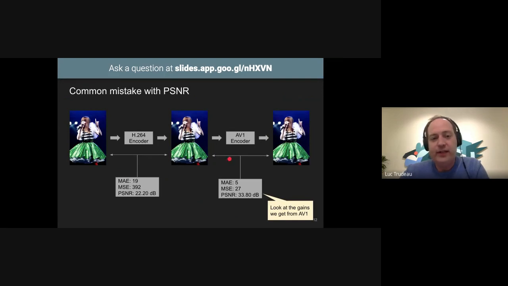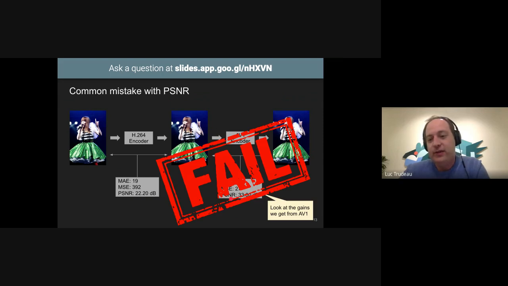And now we have our encoding pipeline, and we decide to add in AV1 because AV1 is so cool and so awesome. And we decide to measure what goes into our pipeline and what comes out as AV1, and we measure 33.80 dB. And we do this using the H.264 sequence because maybe we threw out the reference, we don't have it anymore. Then we can go around to conferences saying, look, so great, we've got 10 dB improvement from one image to the other, right? Isn't that awesome? And it turns out that makes no sense.